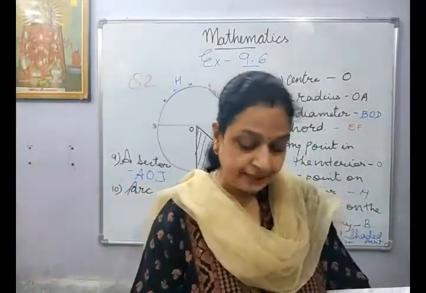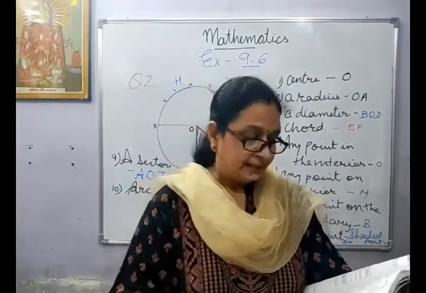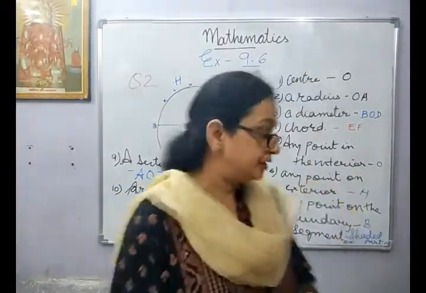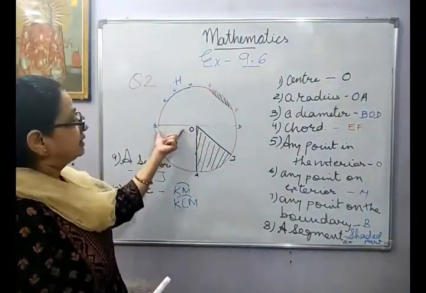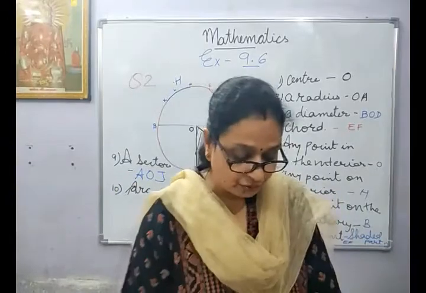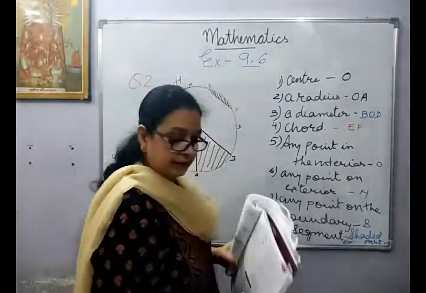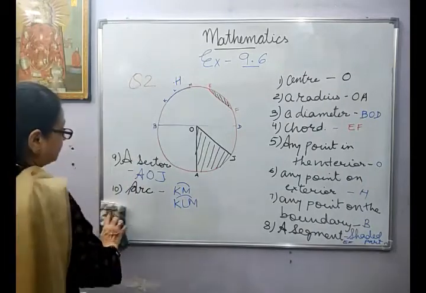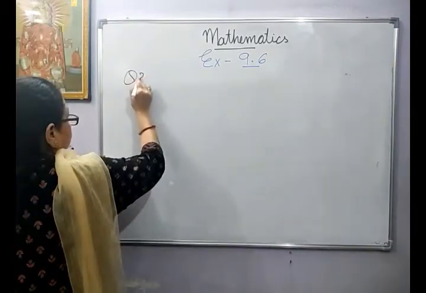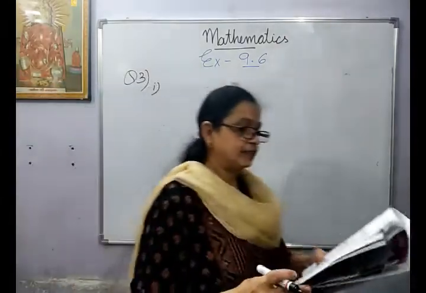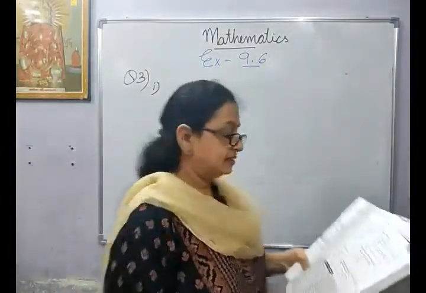Then we move on to the next question, true and false. The diameter of the circle is always greater than the radius. That is very true. This is the radius and this is double of this, so it is true. So this is clear to everyone, so I'll rub it off. Question number 3. Your first one, the diameter of a circle is always greater than the radius. That is true.